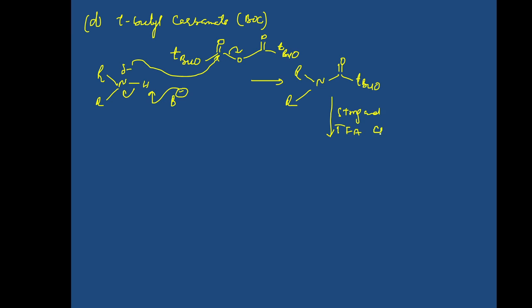Now what is TFA? It's trifluoroacetic acid. This is trifluoroacetic acid, so it brings about the deprotection. So deprotection is brought about by this type of reagent. So now let us take the CBZ group. This is a very important group, benzyl carbamate or CBZ. What is the structure of benzyl carbamate? This is the structure of benzyl carbamate. So this is our CBZ.